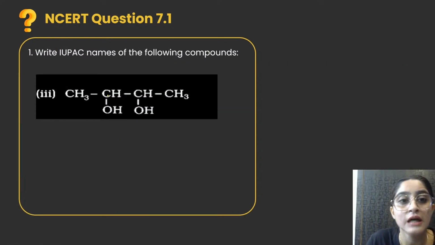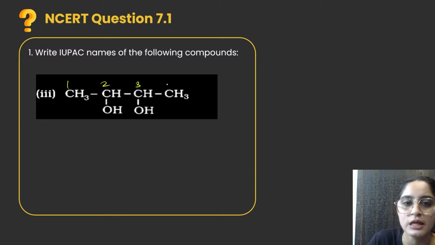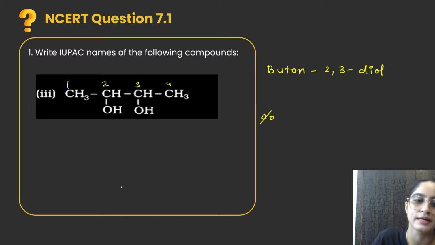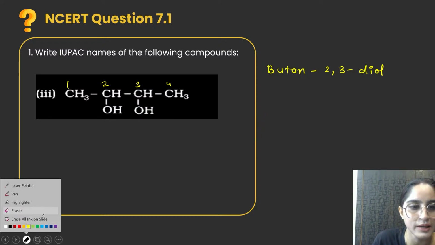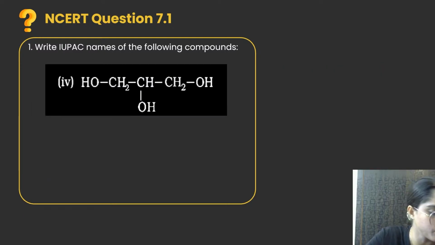Third is the IUPAC name of the following. So now you have to tell me the IUPAC name of the following. Now bacha, this is very simple. 1, 2, 3, 4. Now beta, on the second and third position you have ol, otherwise it is butane, right? Butane. Again E will be cancelled out because ol, E and O can't be together, so E will be cancelled out. Butane-2,3-diol. That is the correct answer for this one, okay bacha? Everybody done now? Chalo. Next one beta, next one.